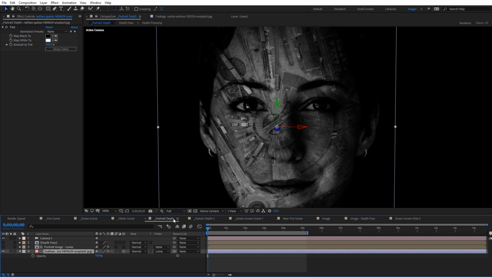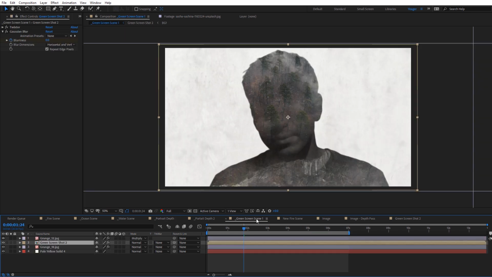Finally, the other method you could use to create some of these double exposure displacement mapping effects would be to use footage shot on a green screen. So let's jump over to this scene. Now, footage shot on a green screen, depending on what you're working with, may not always be possible. It's going to give you the most options, but it's also going to add a little more complexity to the shot because you're going to have so many different variables to work with. If you're really looking to customize your double exposure look, filming a person on a green screen will probably be your best option because that allows us to isolate them from the background and work with that independently. But let me create a simplified version of this shot here just so you can see the process.